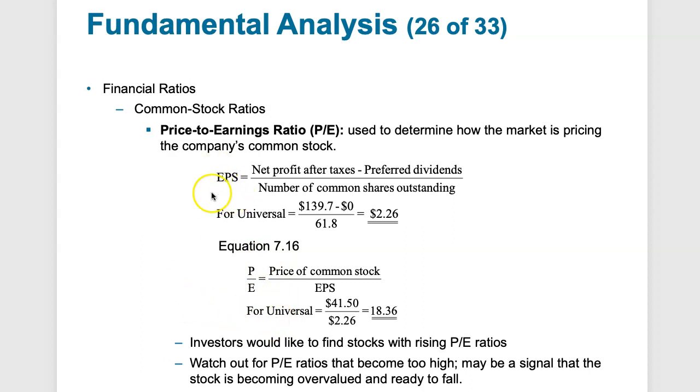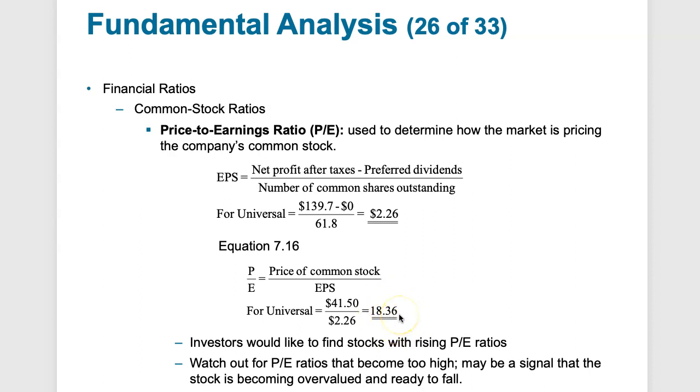So earnings per share is probably one of the most important ratios to look at, because it really breaks down the earnings per share of stock. Now, the price to earnings ratio, PE, is going to make that relationship between stock price and earnings per share. So the price of the stock's currently trading, say, at $41, and the earnings per share is $2.26. It's trading 18 times earnings. So that's pretty reasonable. If we look at this company for a long period of time, if it's generally trading around $18,